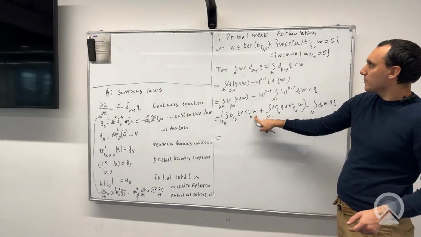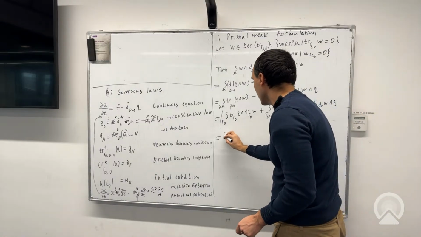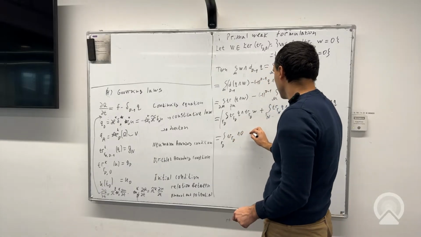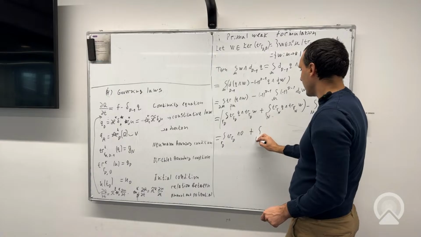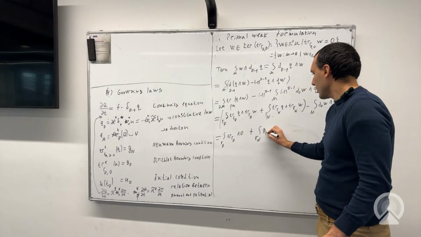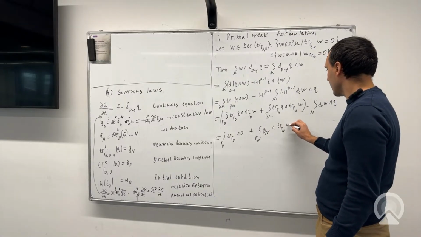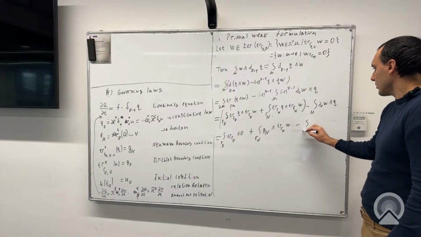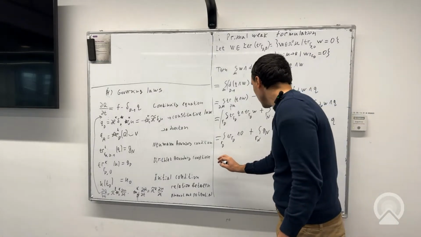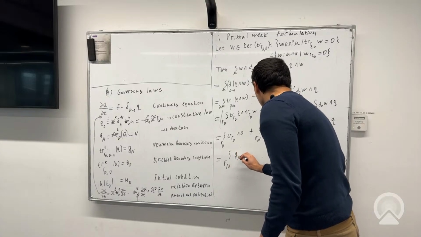Okay, now this is 0. You see, this is 0. So this is the integral over gamma d of trace gamma d with 0, plus the integral over gamma n of gn with trace gamma n of w, minus the integral over M of d0 omega wedge q. And so the whole is just the integral over gamma n of gn